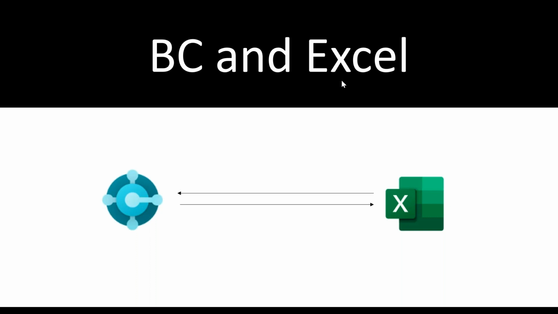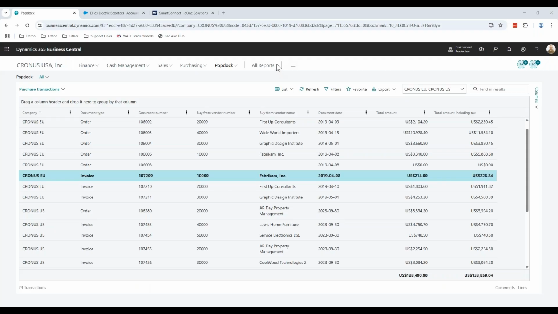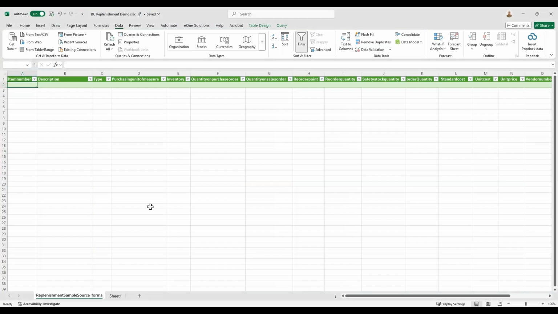But a lot of times I have a month-end journal entry that's being calculated based on some big funky workbook. Or maybe I've got a price increase that I want to modify in Excel first, or I've got, frankly, we use it to enter timesheets here at eOne Solutions. There are a lot of times where I have data inside Excel, and I need to get that data back into Business Central. So rather than go through slides, I will just